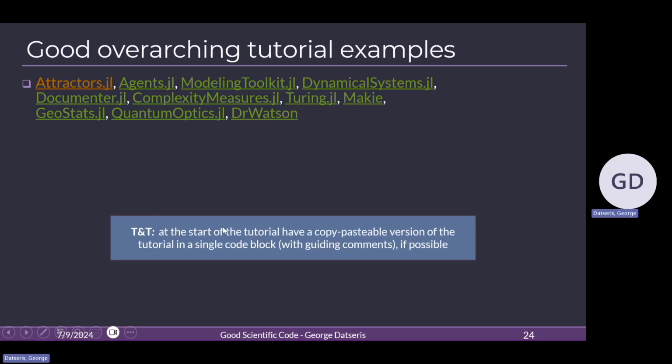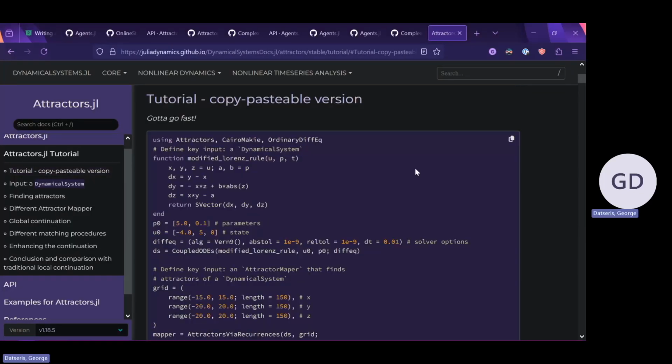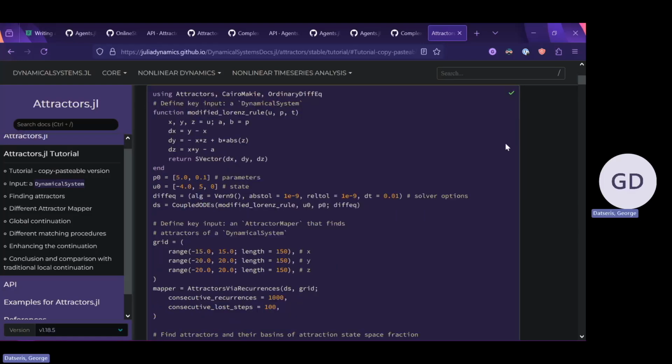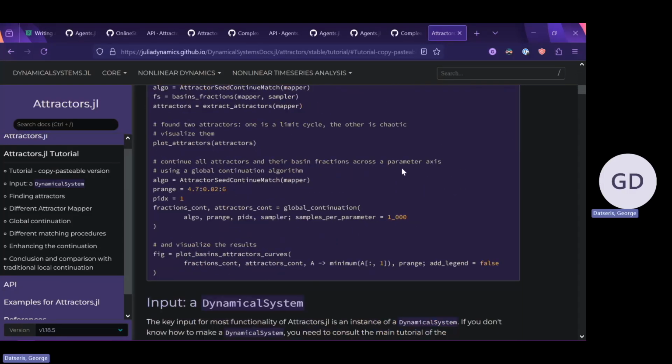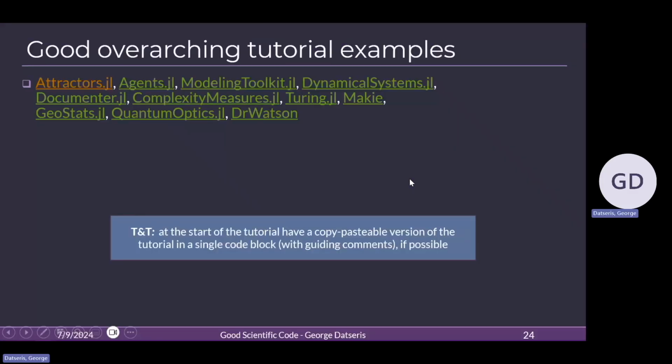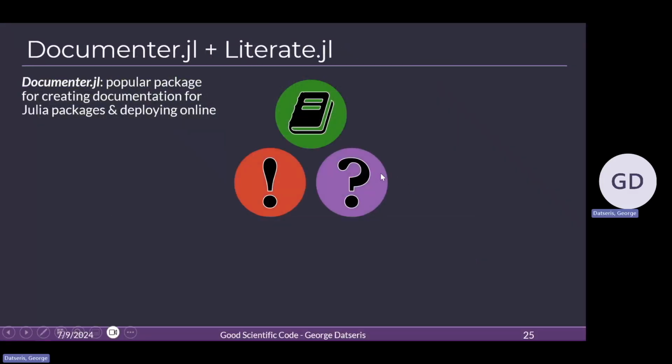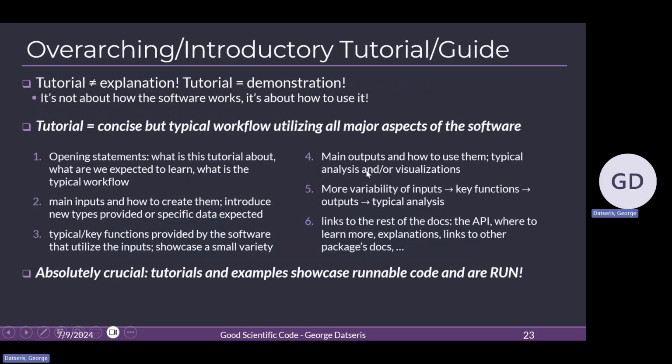Great. And this is a nice tip and trick that I actually saw from the package called ModelingToolkit.jl, where at the start of the tutorial, if I go now to the tutorial, there's this nice copy-pastable version of the entire tutorial. If you can manage to make it so small, it's not always easy, but you can just copy it and get started immediately. Right. And this slide is really all the knowledge I can give for what makes a good tutorial. Of course, we will interact while you write it, but this is the slide you will be referring to when you're writing your own tutorial.